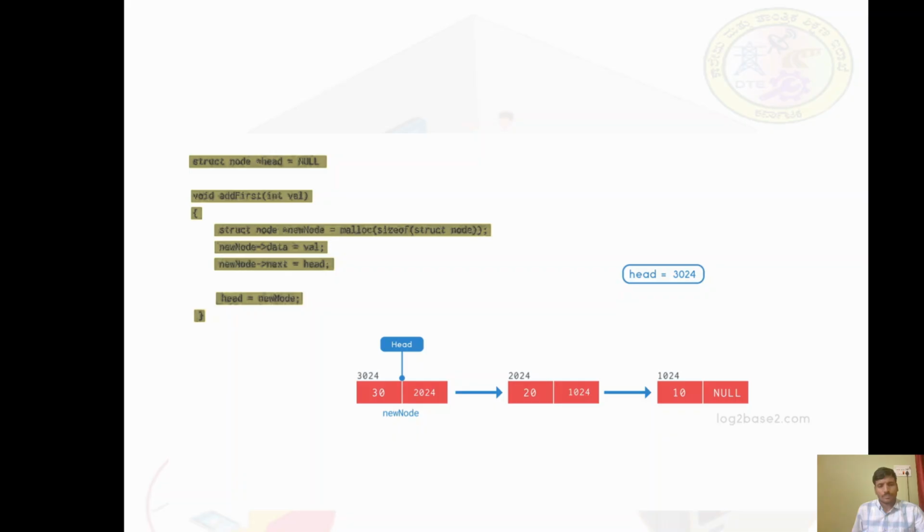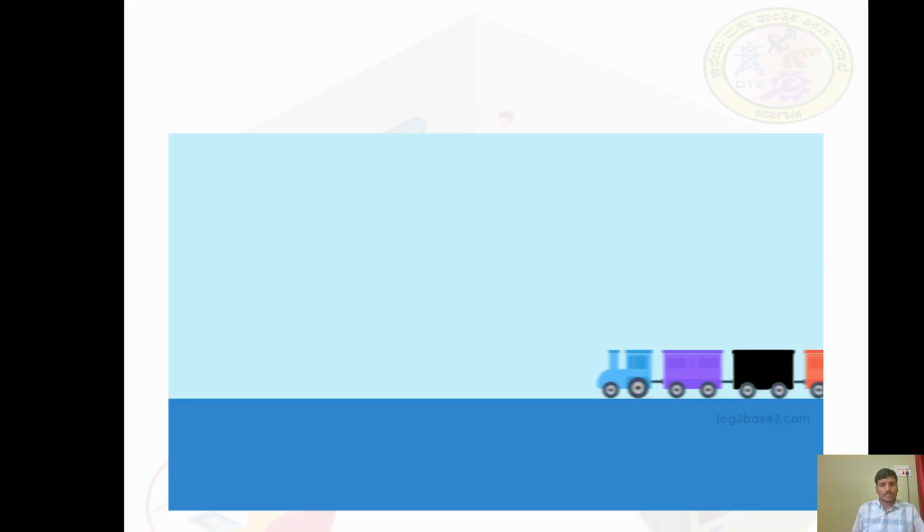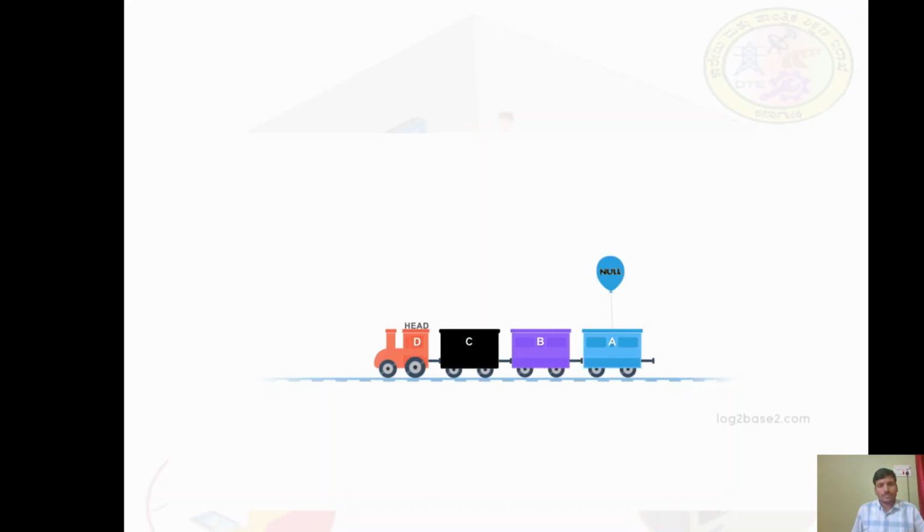Now let us relate this with a train. So we know we have an engine followed by a number of coaches in a train. So let the engine be our head and the coaches be the nodes after head. So let this be a node with data and next or link part. So suppose we have the train empty. So a new block A is added, so make it the engine which is equivalent to head in our linked list. Now let us insert another block B that will become the engine. Now insert another block C that will become the engine. Now insert another block D that will become the engine. Same happens with linked list in this case, and whenever you add a new node it becomes the head.